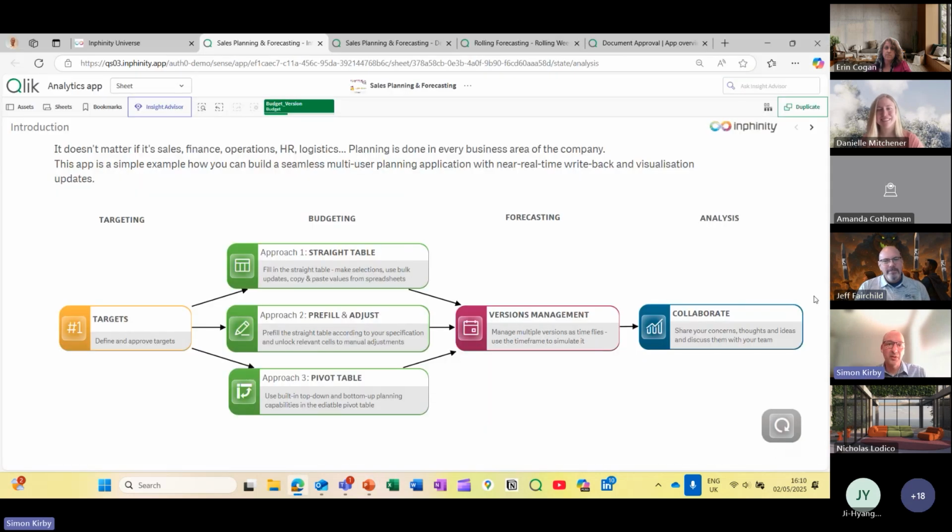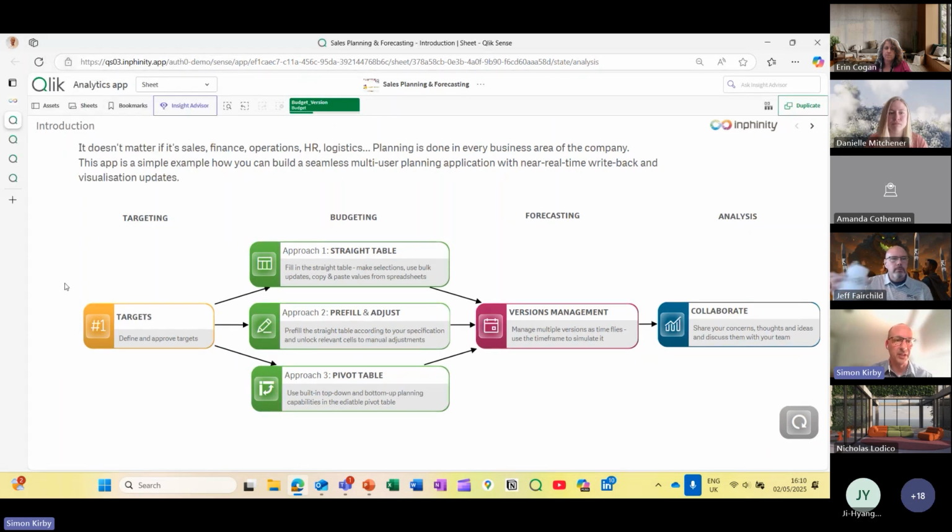Okay, good. Let's jump across to some demos. Let's get funky and real with this, right? So let's start to show you some cool stuff. All right, so we're inside ClickSense, and we've got a few demos open here. I'm going to move my tabs over to the side just to make it a bit easier to see things. This is a particular sales planning and forecasting app.